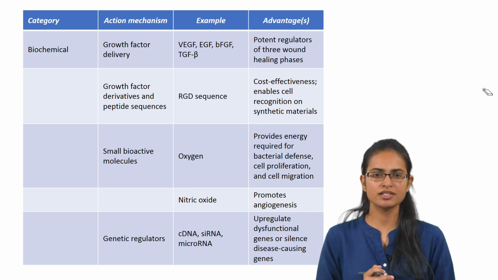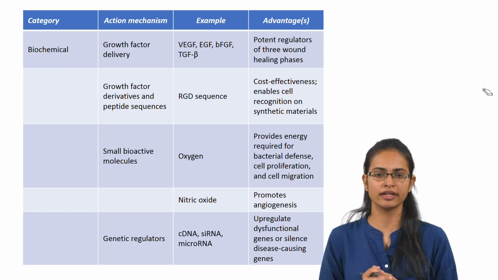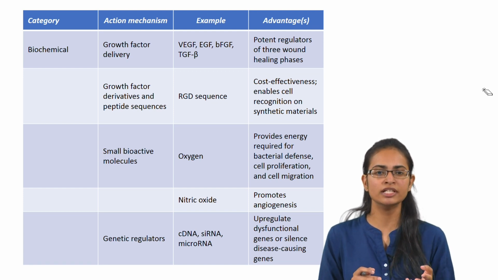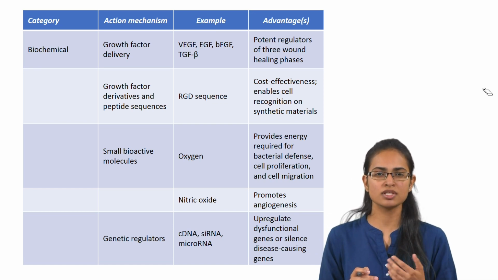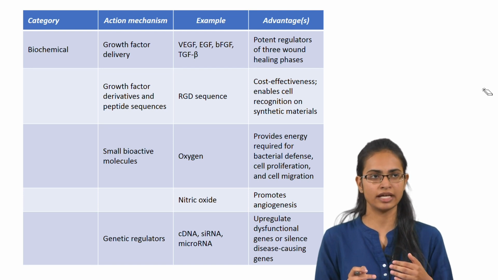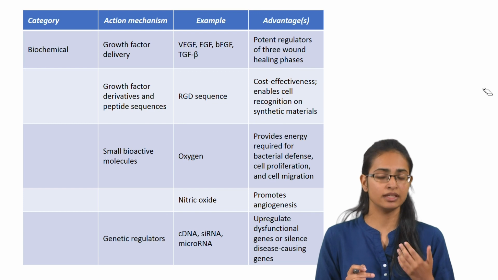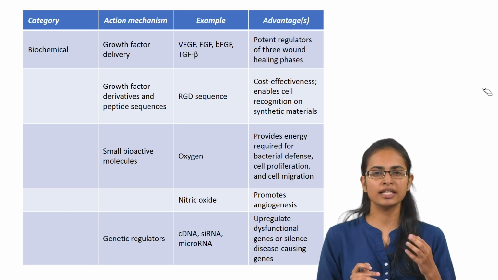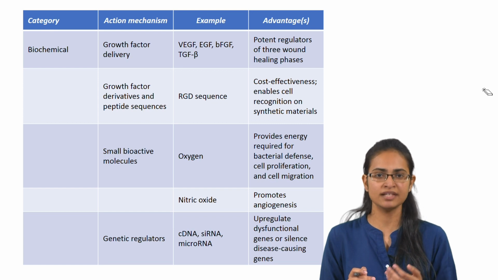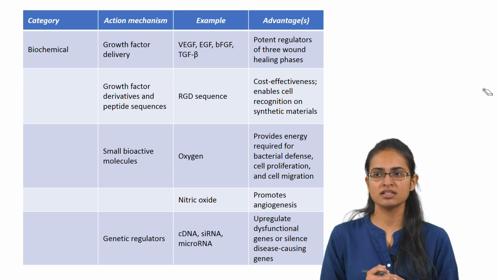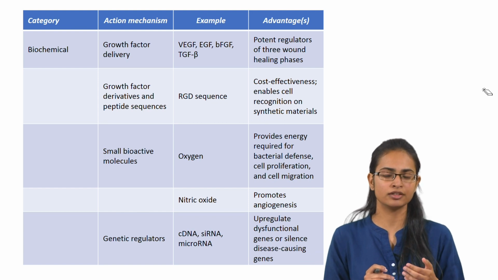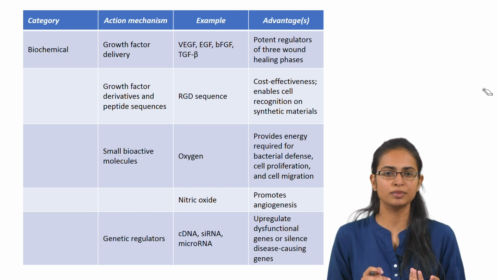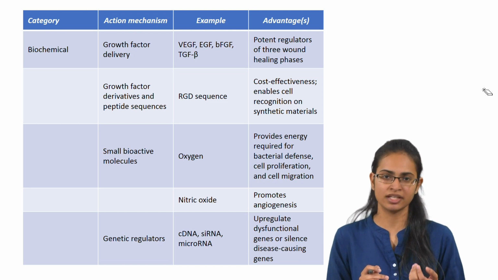Various genetic regulators have also been incorporated into tissue engineered grafts, such as cDNA, small interfering RNA and microRNA. cDNA can be delivered using various non-viral vectors such as cationic polymers or liposomes, or naked plasmids can be used. cDNA encoding various peptides and growth factors have been incorporated. One such protein is the sonic hedgehog protein. A study showed that the sonic hedgehog gene vector has been shown to improve diabetic wound healing with microvascular remodeling.